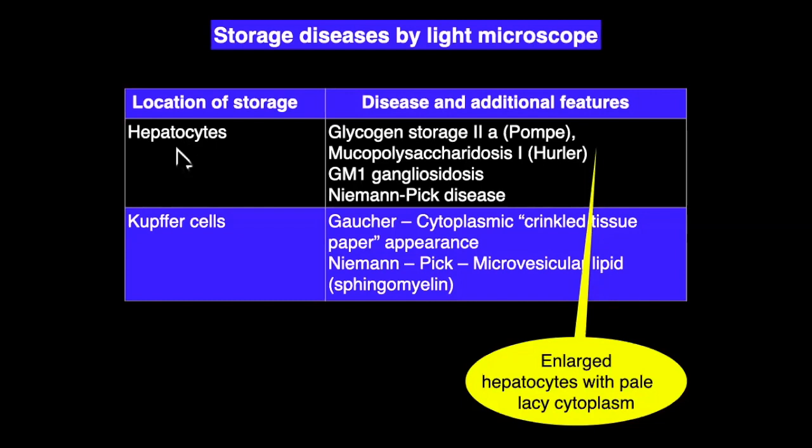And most of them have a classic picture, and thanks to the molecular workup, most of the diseases have a molecular footprint that can help in the diagnosis. So what we have to do in liver disease is see whether it is compatible with a storage disease, because there is no specific finding in the liver biopsy to diagnose a particular storage disease other than Gaucher's. So we have to go along with the clinical history, and interpret the biopsy findings correlated with clinical history. And in most of the storage diseases, the hepatocytes are enlarged with pale lacy cytoplasm.